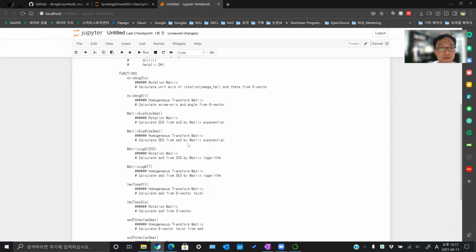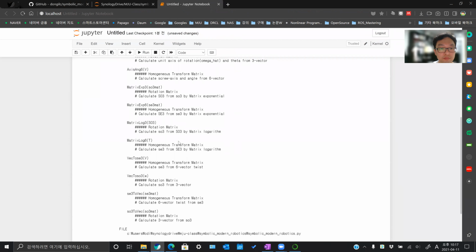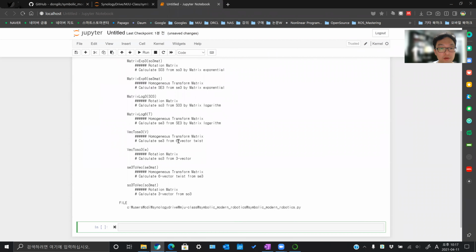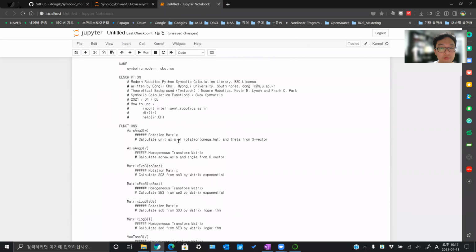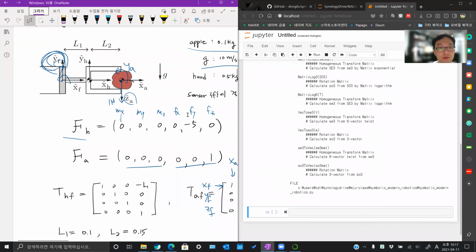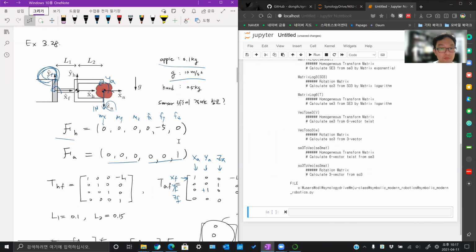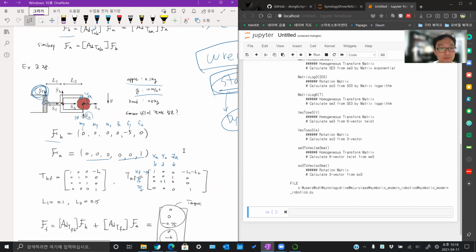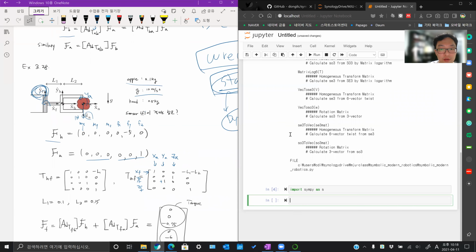So there is this kind of library. In here, import sympy as S, and